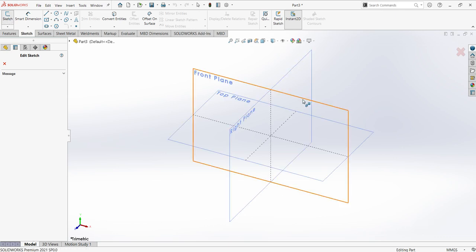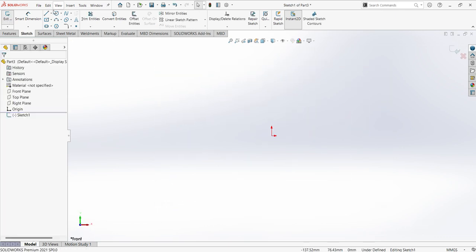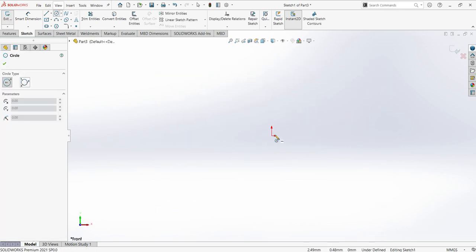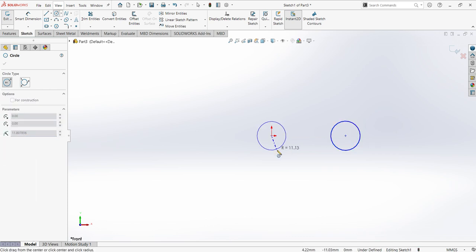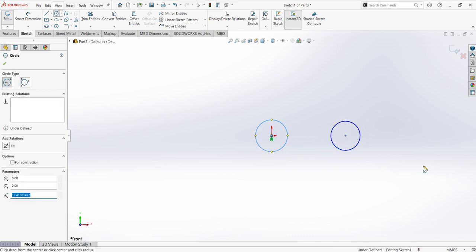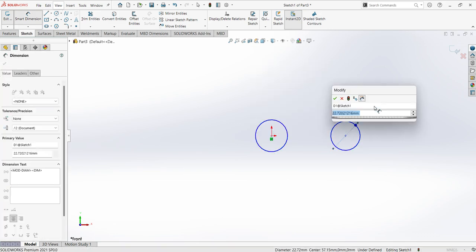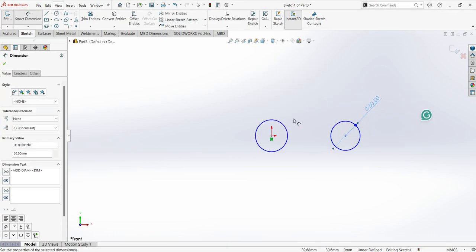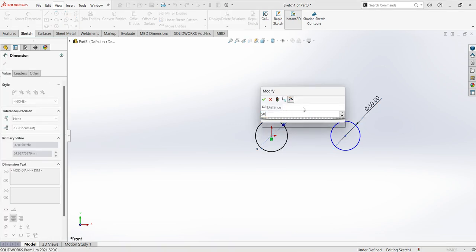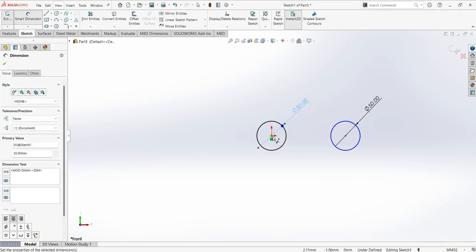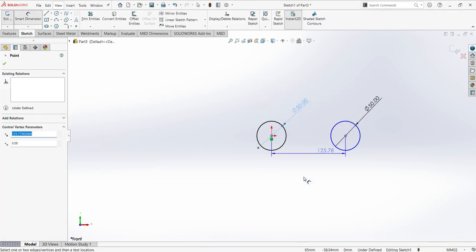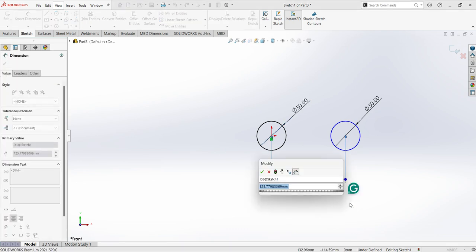Select sketch, select front plane, create two circles, give the dimensions 50 mm, this is also 50 mm, pitch is 85 mm,